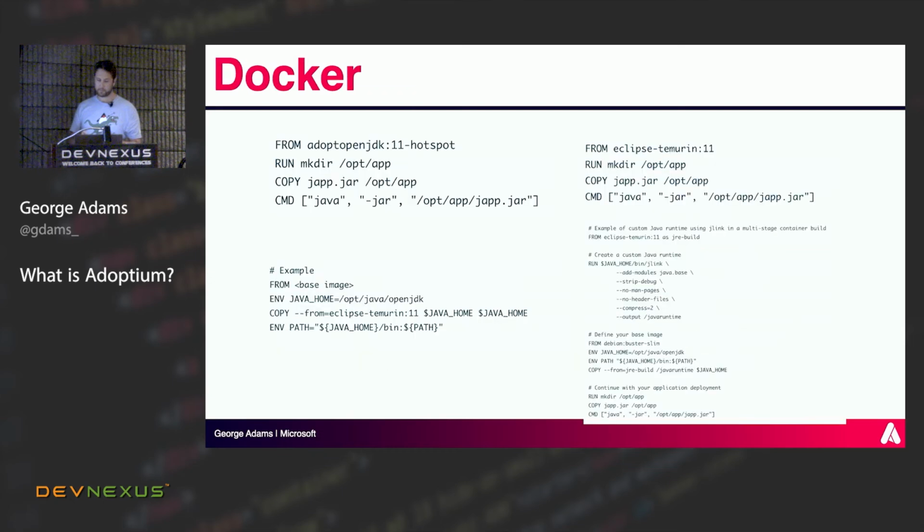So, quick slide on Docker. I hope that's reasonably legible. It's quite small text, I appreciate. If you were using the AdoptOpenJDK Docker image, all we ask you to do is switch that out to use the Eclipse Temurin one. We have the same range of platforms and architectures. So nine times out of ten, the migration path is very simple. It is literally just a find and replace in your Dockerfile.